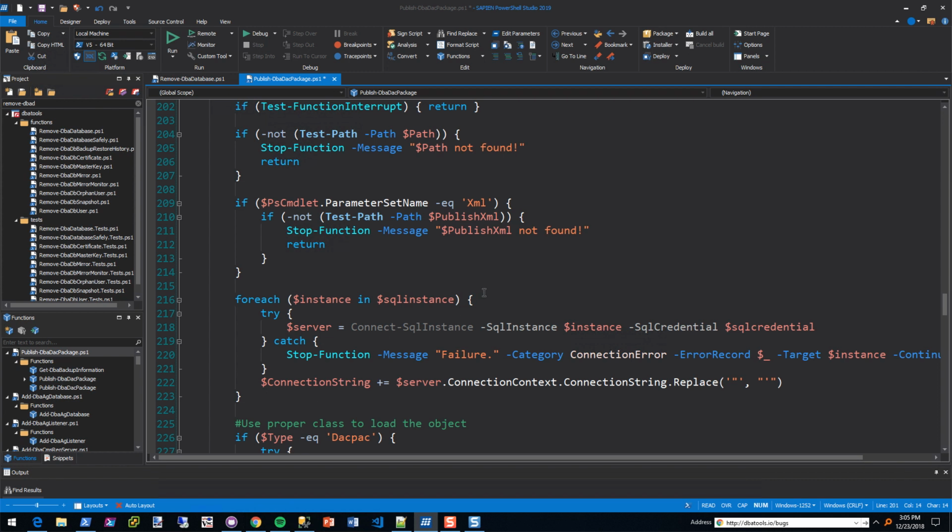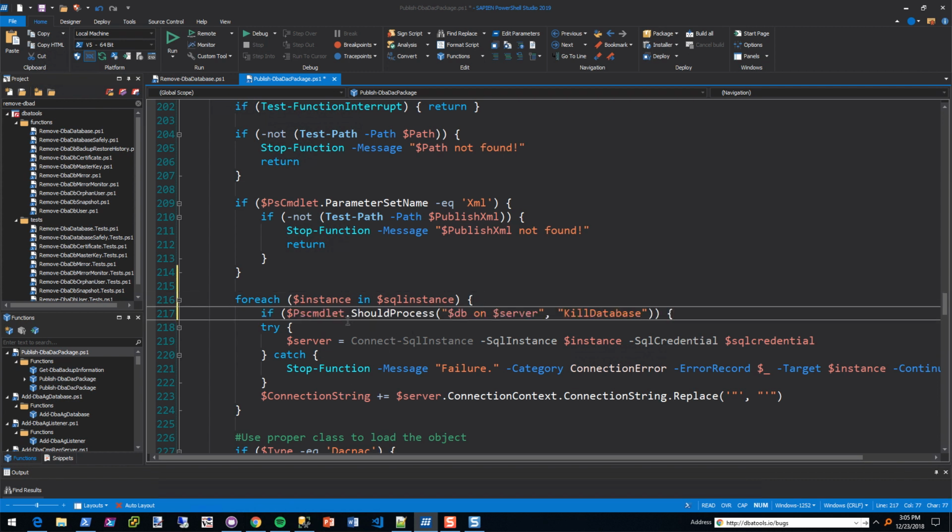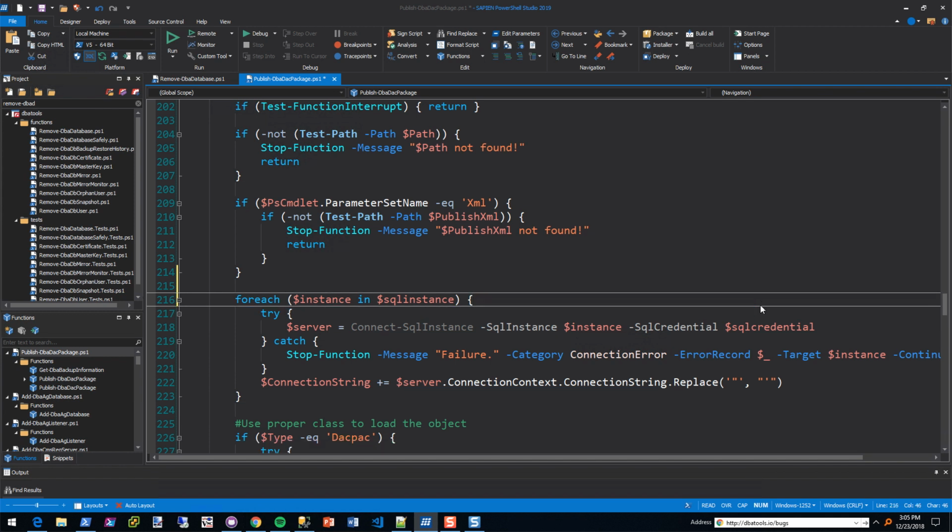For each SQL instance, you could say instance right here: publishing or writing, scripting stuff. And then wrap this whole thing. But that doesn't necessarily give the end user enough information. And what happens if they type in the wrong SQL instance? That connect will never actually connect. So it's kind of a lie, because it actually doesn't publish to that SQL server because it can't connect to it, because it doesn't exist.